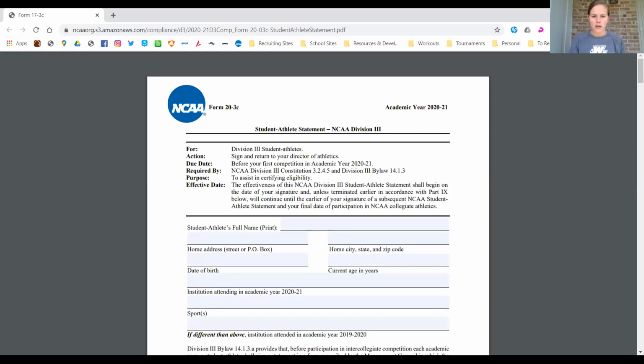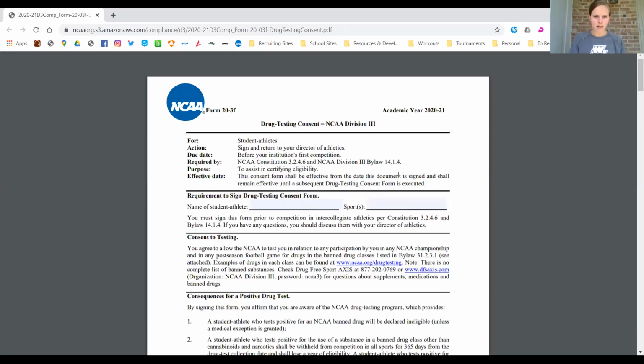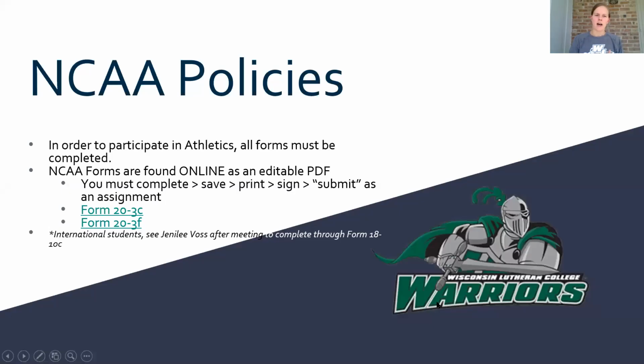You can find that link in the Moodle course. Go ahead and open that one up, as well as the other form, which is the 20-3F. Go ahead and have both of those open. We'll start with the 3C one. In order for us to have access to this, how this is going to work, you will go ahead and complete the form along with me during this meeting,